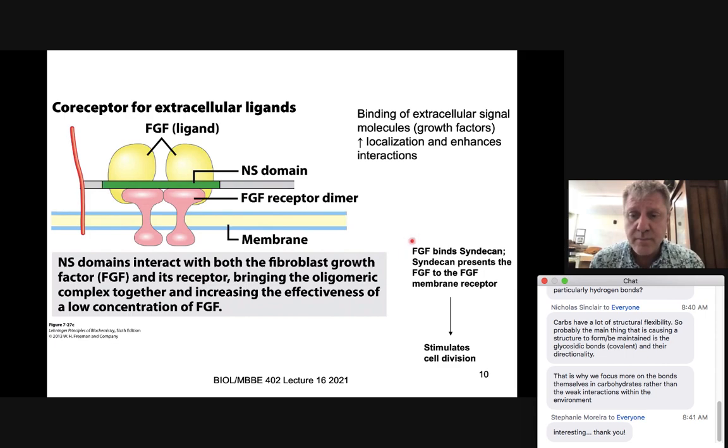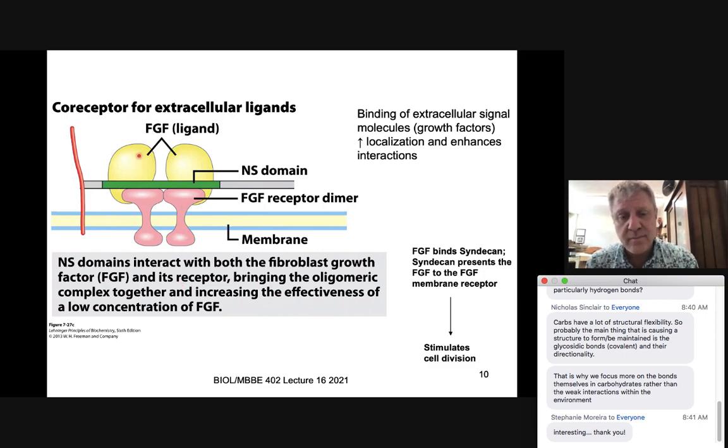In this case, when binding with syndecan and basically going through the receptor, we get stimulation to actually cause fibroblast growth and division. So the NS domains interact with both the fibroblast growth factor and its receptor to coordinate, bringing this polymeric complex together